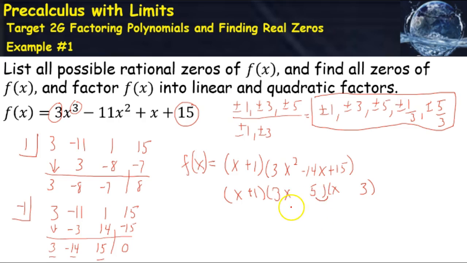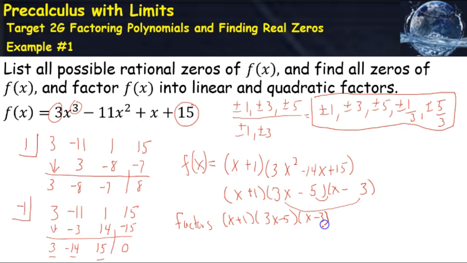That gives me 5x and 9x, and when I add those, I get 14x. I need them to be negative, so I need a negative here and a negative here. That gives me negative 5x, negative 9x, which is negative 14x, and then negative 5 times negative 3 is positive 15. So right here are my factors: x plus 1, 3x minus 5,